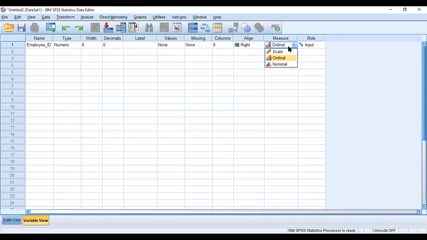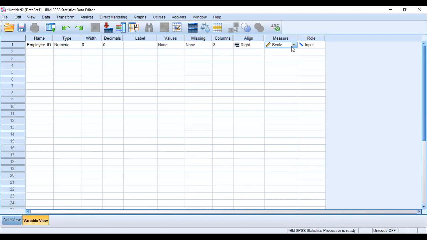Next, we are going to the scale variable. What is a scale? Scale is a variable that we are entering based on a scale. For example, height is a scaled variable. Weight is a scaled variable. Length of a particular object is a scaled variable. If a variable is obtained by measuring something with the help of a measure, then it is called a scaled variable.